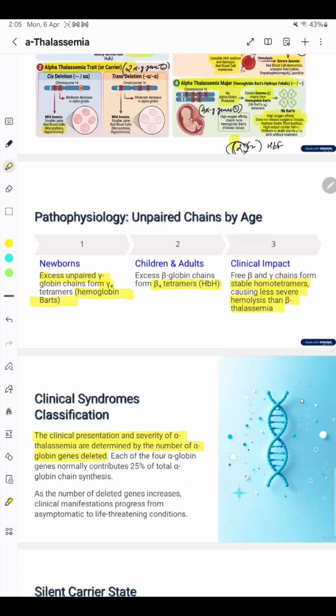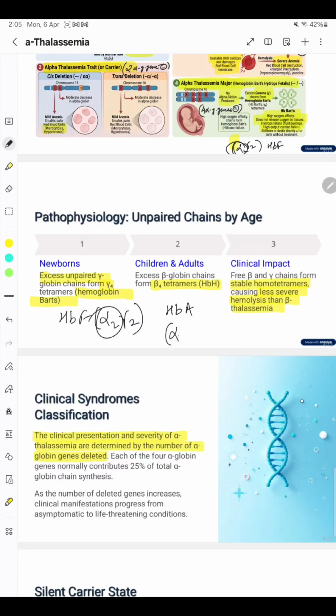As we know, the main hemoglobin in utero or early life is HbF. HbF is composed of 2 alpha and 2 gamma chains. So if there is no alpha, then excess of gamma is there, and this will result in the formation of gamma tetramers. In childhood and adult life, we know the main hemoglobin is HbA,